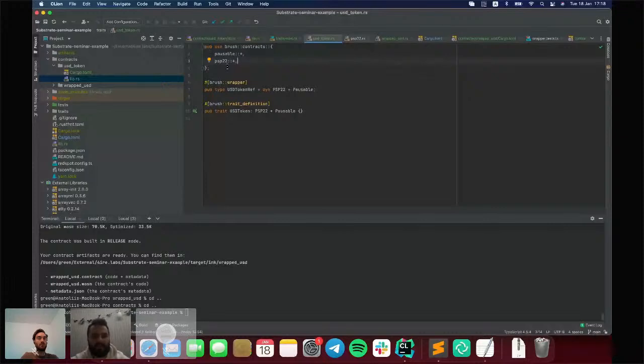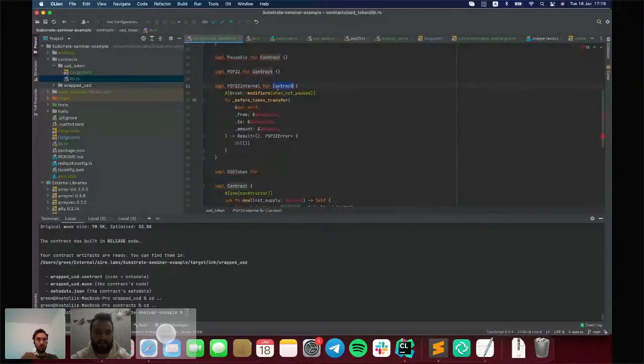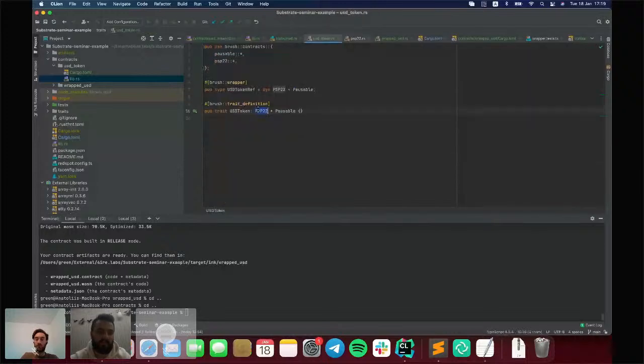We also defined traits and a wrapper to communicate with your contract. It is an empty trait, so you don't have to implement it, but it is better to implement it, because in that case the Rust compiler will verify that you're really implementing PSP22 and Pausable.